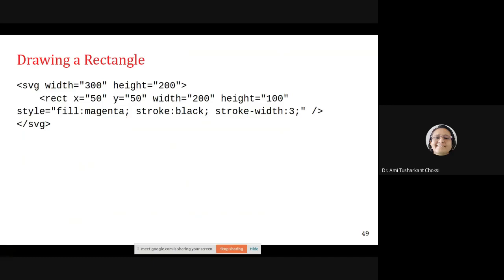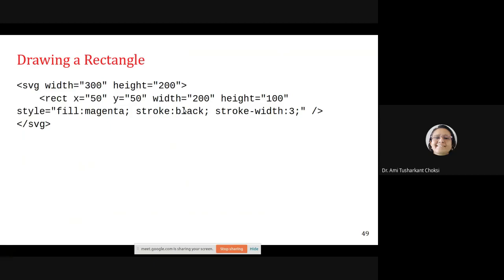So semicolon, then stroke colon black, again semicolon, then stroke-width colon 3. The name and value are separated with a colon, and the two styles are separated using a semicolon.